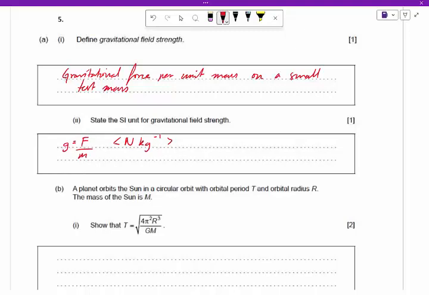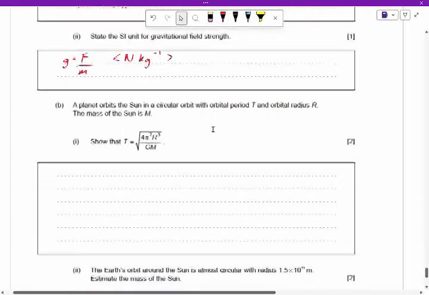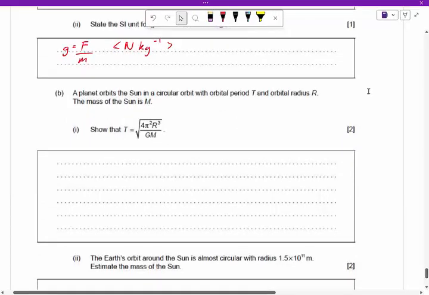A planet orbits the Sun in a circular orbit with a period T and orbital radius r. The mass of the Sun is M. Show that T equals the square root of 4 pi squared r cubed over GM. So what we can do here is we can go,